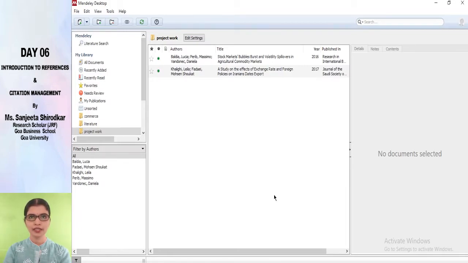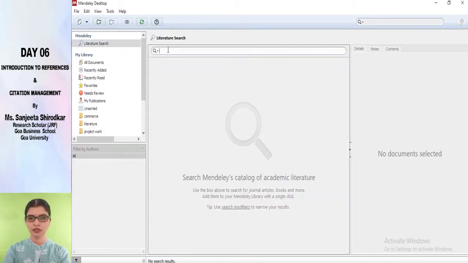Now, another way of adding the references and citation is using the literature search option which you could find over here. Now, the beauty of Mendeley is that it has its inbuilt database, that is, you have been given an option to search for your literature within the database which Mendeley has compiled. So here if you click on literature search, this type of window would appear and you are required to insert your keyword or whatever you want to insert. Here a literature search could be conducted based on author's name, titles, publication names, year, open access, whatever.